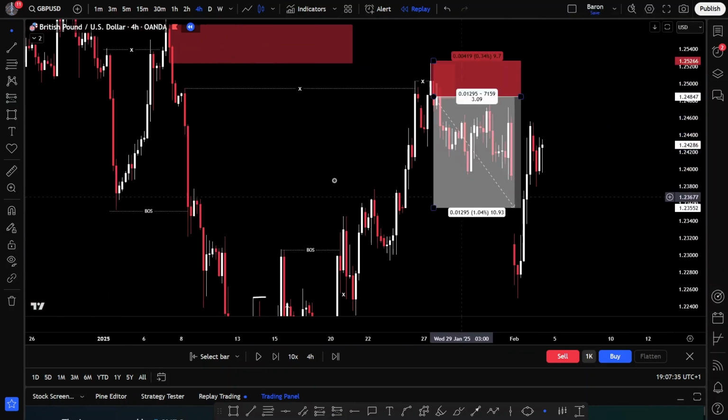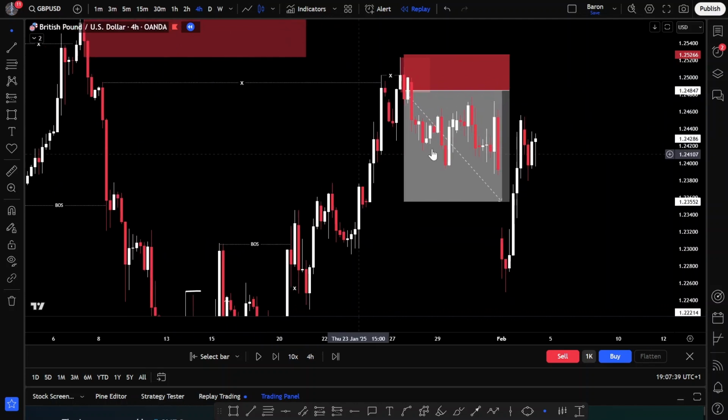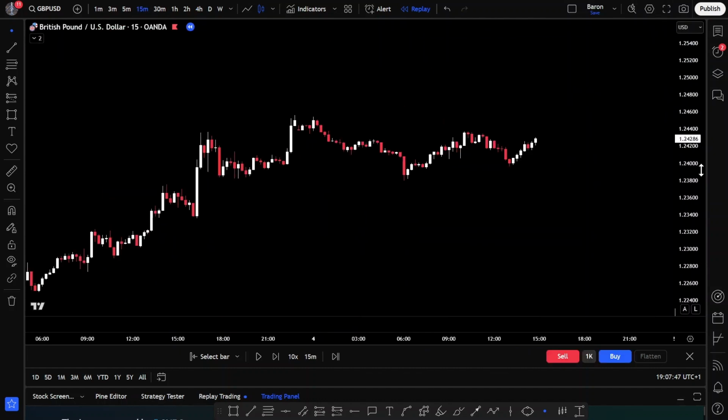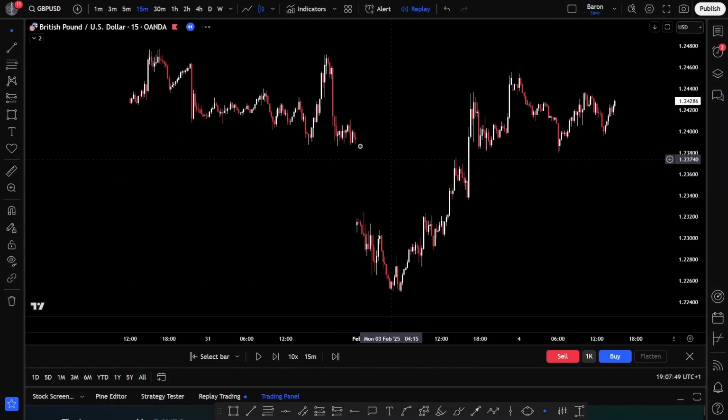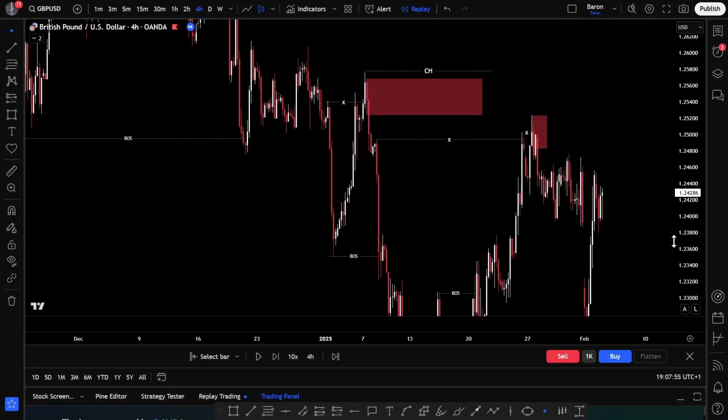So this is the first scenario after the market has swept the liquidity of this inducement here. We can stay in the 4-hour and then take our sell based on the single candle order block confirmation, or we can also drop to the 15 minute and look for lower time frame confirmation. And as I always told you, whenever the market creates a single candle order block in a higher time frame,